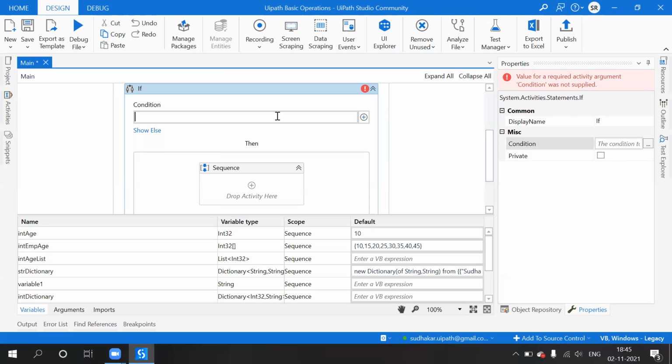My condition would be, if I am expecting some value to be in an array and that value is not available, I would like to add it. That's what the condition is.